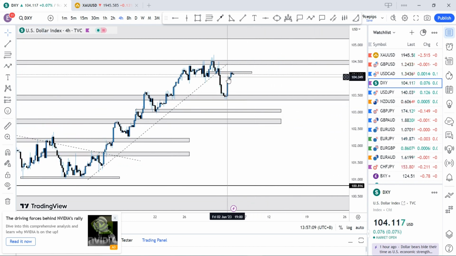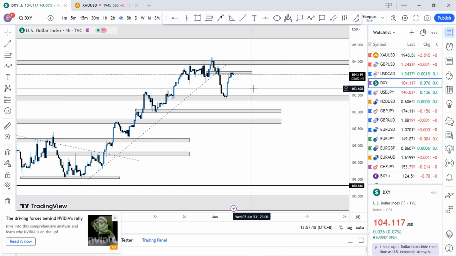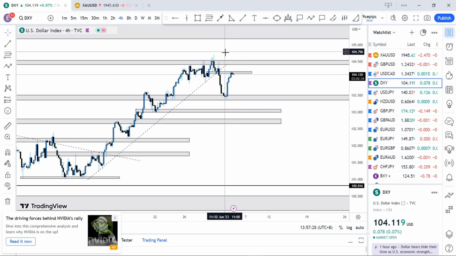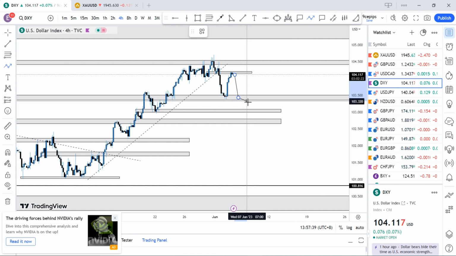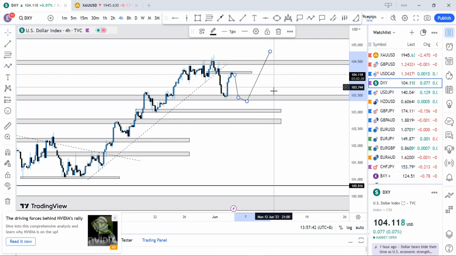Yeah, that's possible. So for the DXY, for now, what I'm very sure of is a possible rejection from this region of 104 and then a possible retest of 103.50 within that range. And then we'll look out for rejections. If we get rejected around here, then we'll expect a continuation to the upside. The continuation to the upside means continuous sell on GU and continuous sell on gold, which is my strong bias for the week. So this is what I'm expecting: pull back here, creating a double bottom, and then continue to the upside.